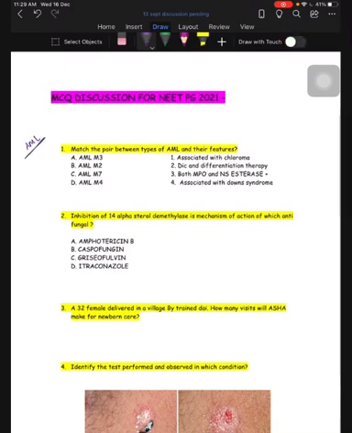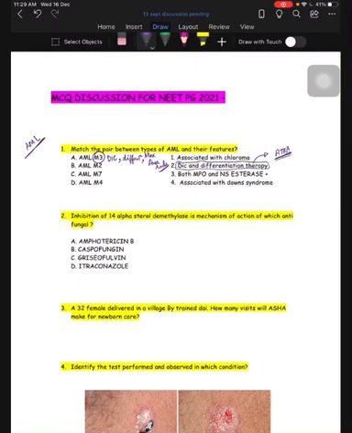The first type of AML, according to the FAB classification, is M3. The characteristic about M3 is that it is associated with DIC. It is a subtype where differentiation therapy is used, and the microscopic feature is that it has maximum Auer rods. Auer rods are azurophilic granules, which can also come as an image-based question. So this is the option: DIC and differentiation therapy. Another point is that differentiation therapy is done using ATRA, which is all-trans retinoic acid.